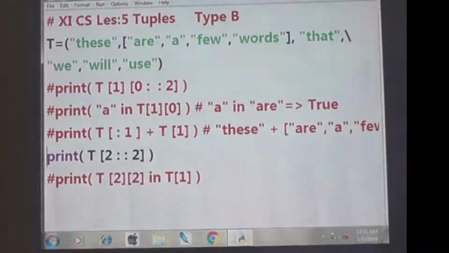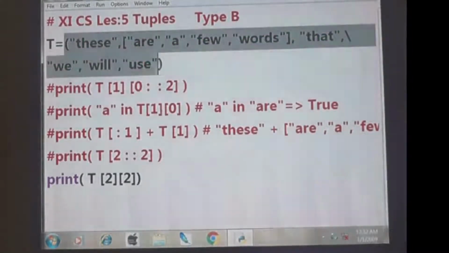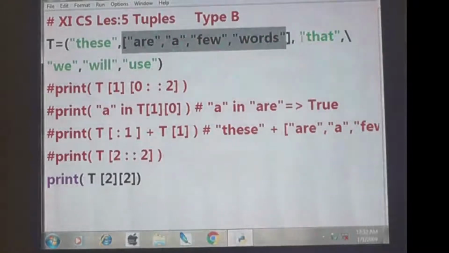So the last one is T of 2 is to 2. That means what? You see, T means the complete value is called T. T of 2 means 0, 1, 2.